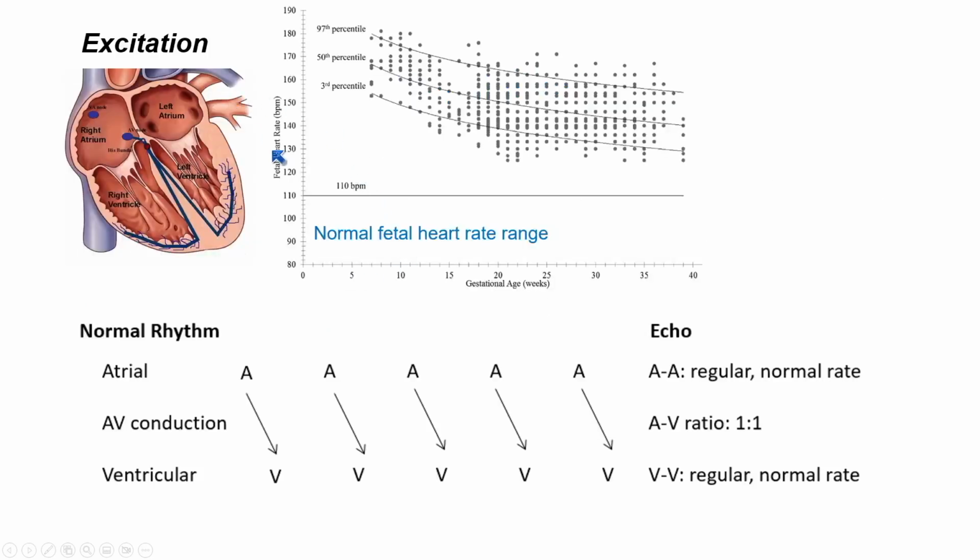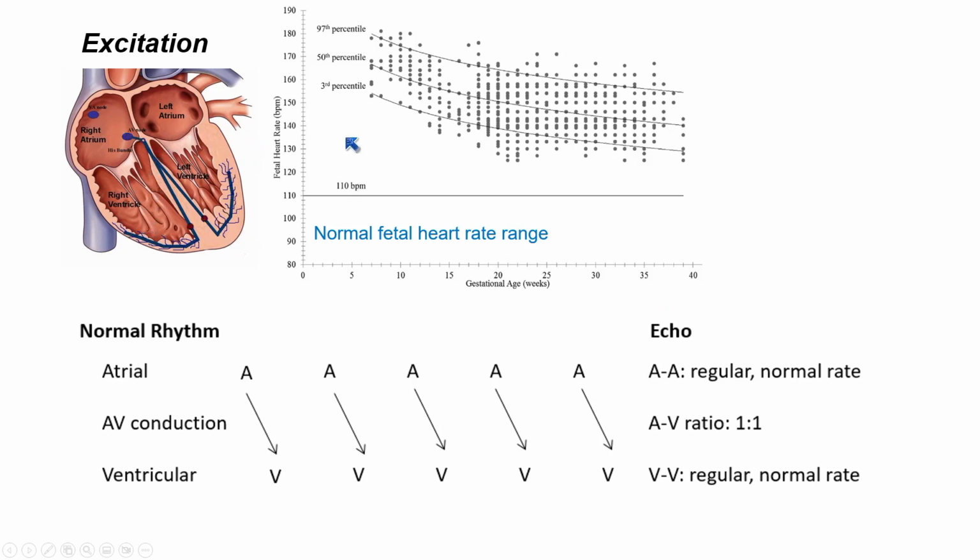So as you probably all know, the heart is a pump, and to be able to pump you need electricity, and the electricity normally starts in the sinus node, travels through the atrium, through the AV node, where the electrical conduction is slowed down, then down to the interventricular septum, the Purkinje fiber, to activate the atrium and the ventricle